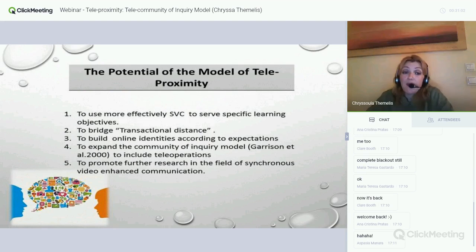It helped me to expand the community of inquiry model, and I wish that this research could promote further research in the field of synchronous video communication, and also be able to research different aspects of human communication through video conferencing and teleportation.